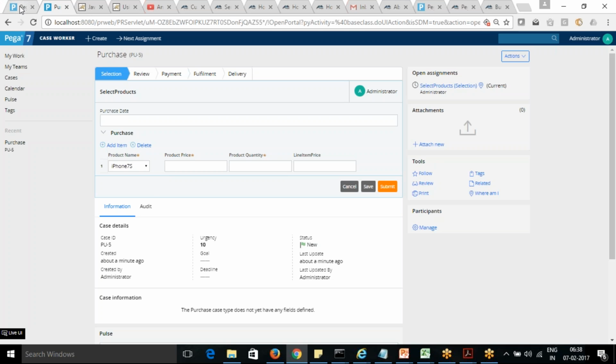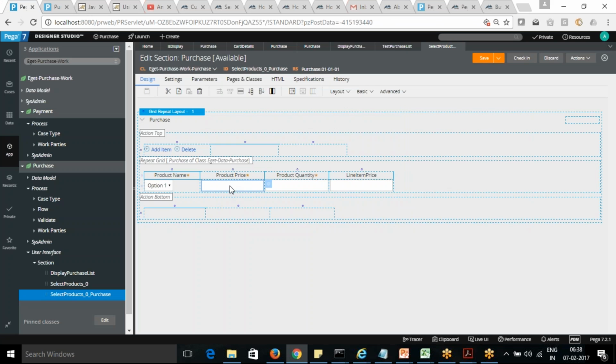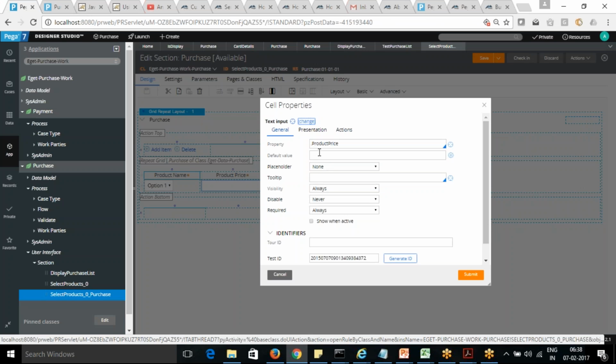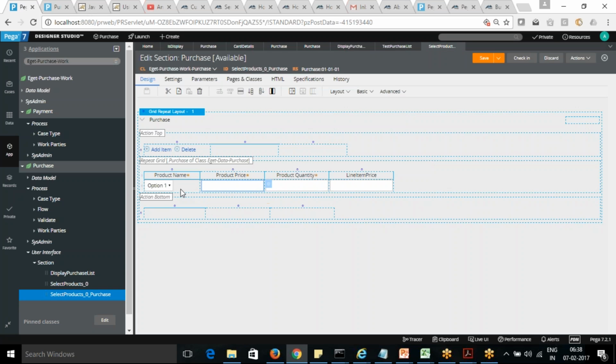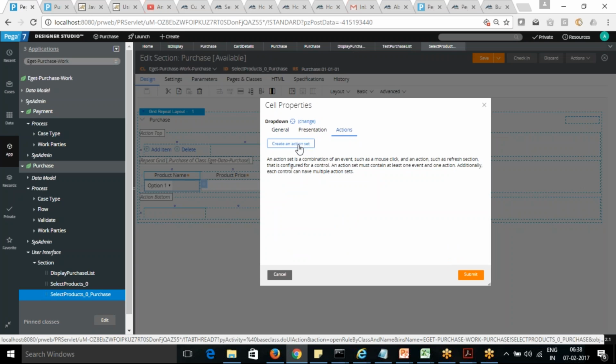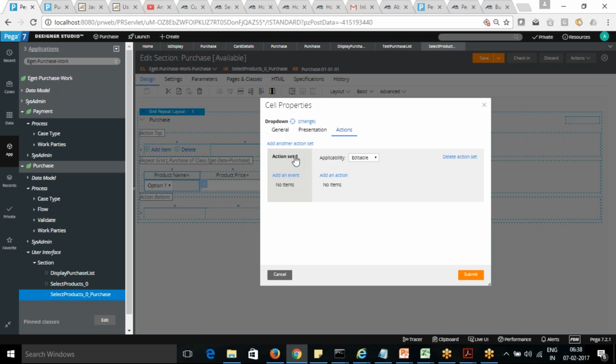Okay, so this one, actually, we are going to put the product price, right? So what we are going to do is, when we are changing any product name, we want to create an action set there.